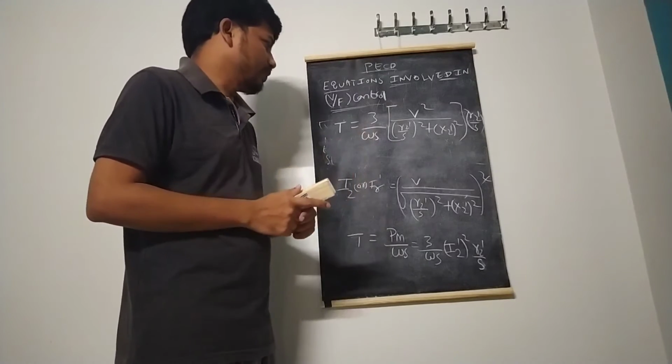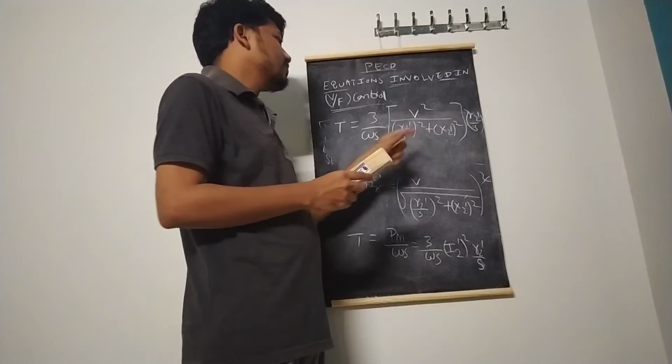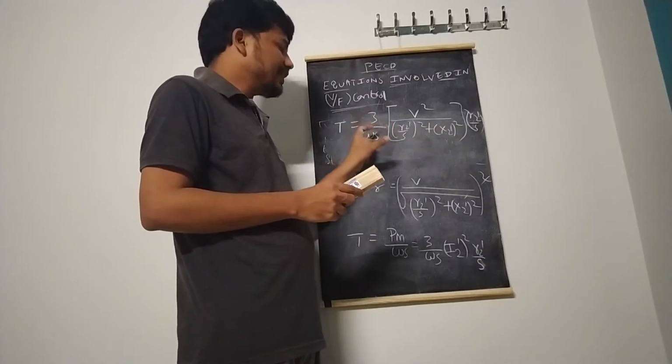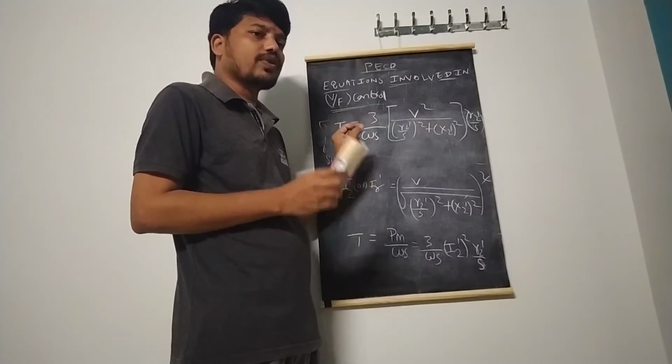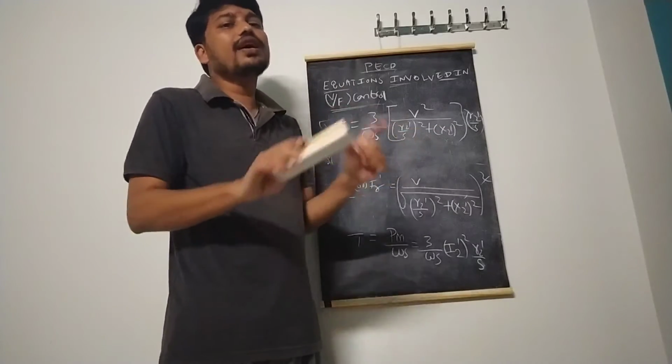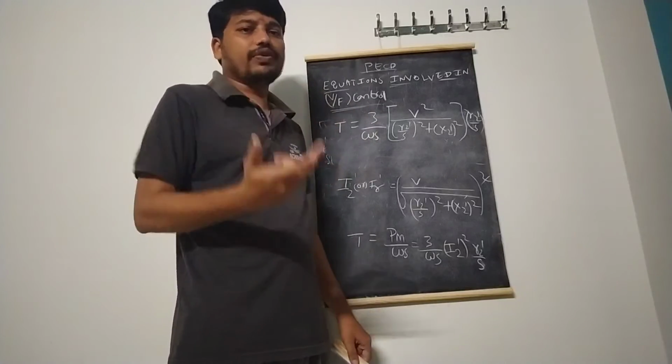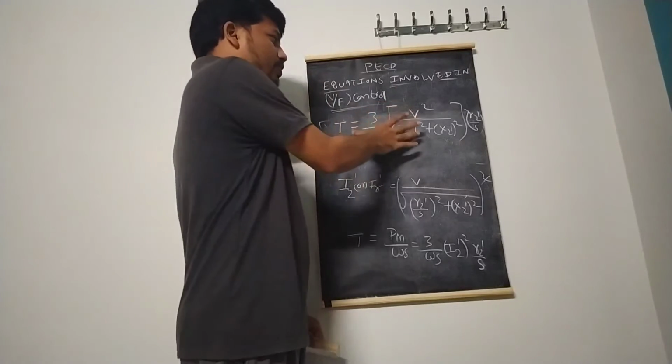This is the trick to remember: T is equal to 3 omega S into V square by R2 dash, plus whole square, plus X2 dash whole square, to R2 dash S. This is the generalized torque equation of induction motor without applying any voltage and any frequency technique. So wherever we are not applying the V by F technique, the voltage technique or the frequency technique, this is the equation.